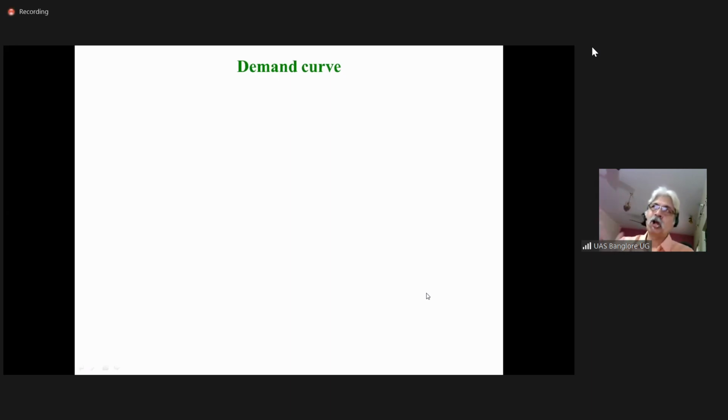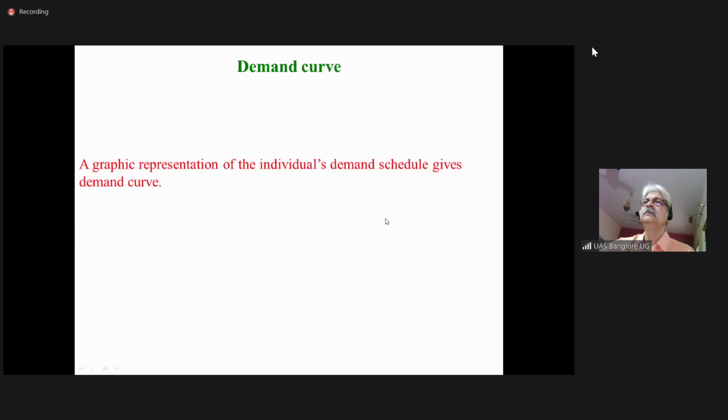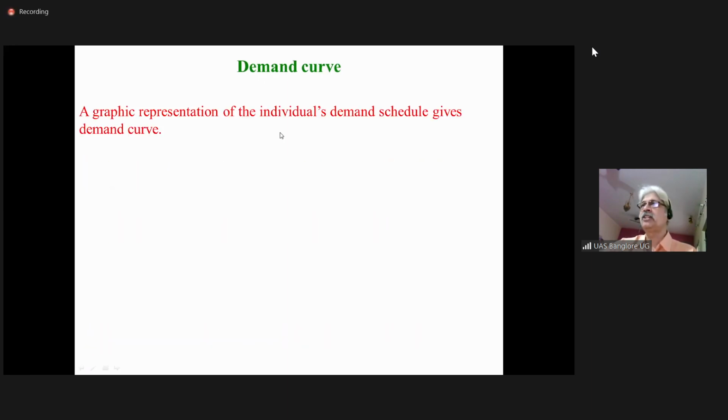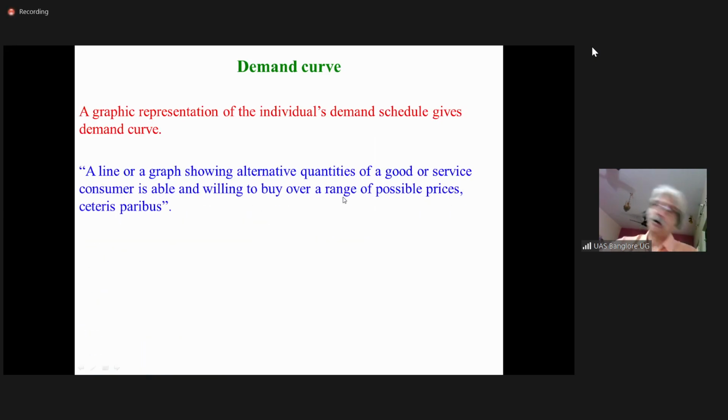Suppose if you draw a curve and include those aspects, price and quantity, then it is the demand curve. So demand curve is a graphic representation of the demand schedule. Okay, a graphic representation of the individual's demand schedule gives the demand curve. Or if you want a